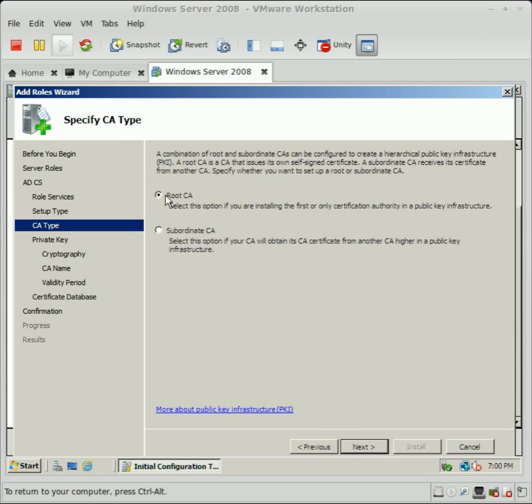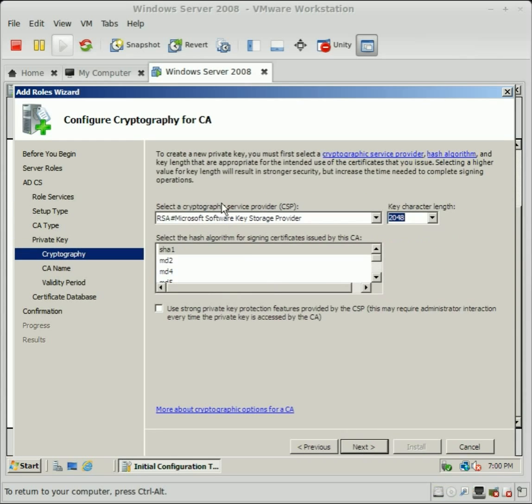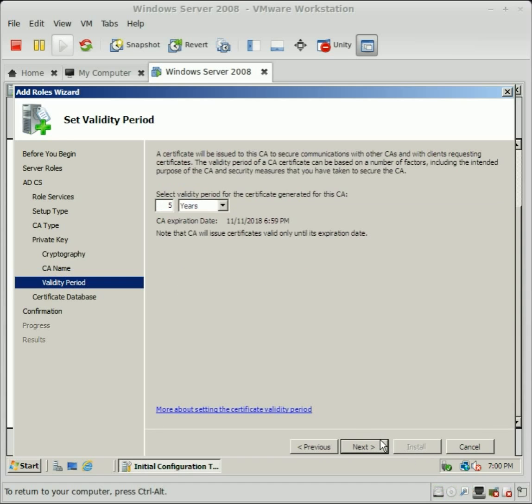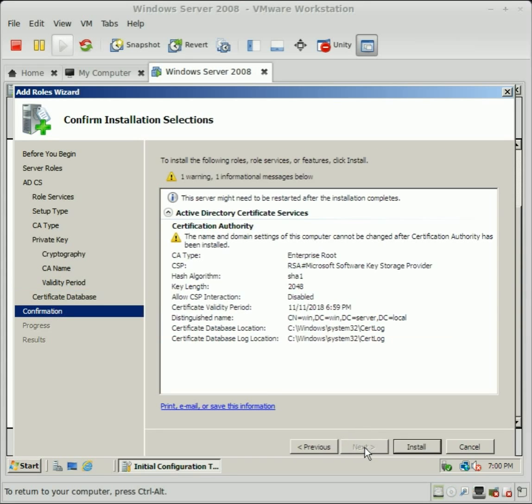Enterprise, root CA, create a new private key, and this is all just fine. And what I'm going to do is just go ahead and shorten this to Win, so it's not a huge mess of a distinguished name. Click Next, and then we're going to set the validity period for the certificate for 5 years, which is just fine. And we're going to put in the certification database and